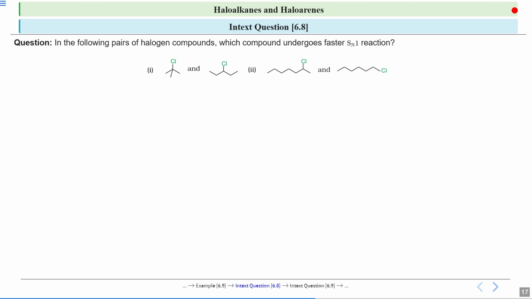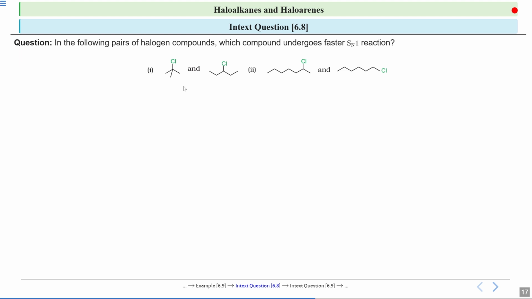Okay, let's solve our in-text question 6.8. The question is, in the following pairs of halogen compounds, which compound undergoes the faster SN1 reaction? So we have first part, second part. We have pairs. The first part has one pair where the first compound is a tertiary halide, or you can